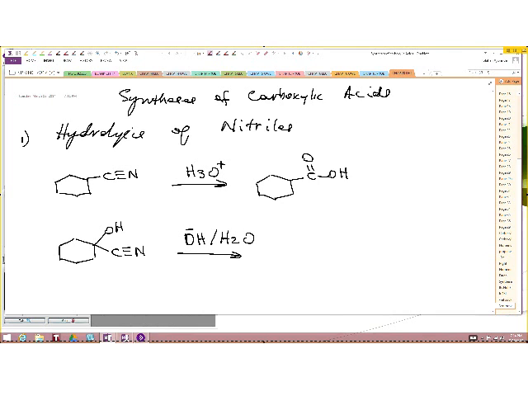Because if you do not do the hydrolysis in basic medium, you are going to dehydrate this molecule here. It will lose water, and you don't want that to happen. So you do your hydrolysis under basic condition,